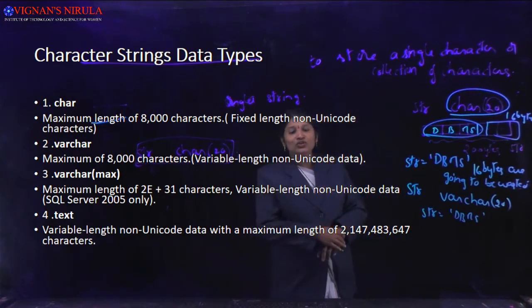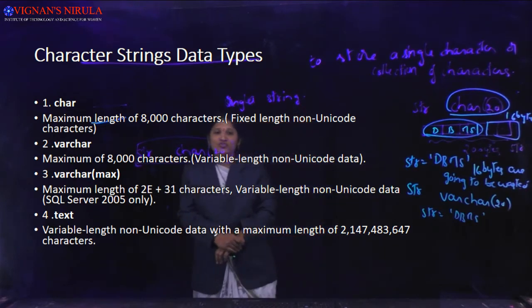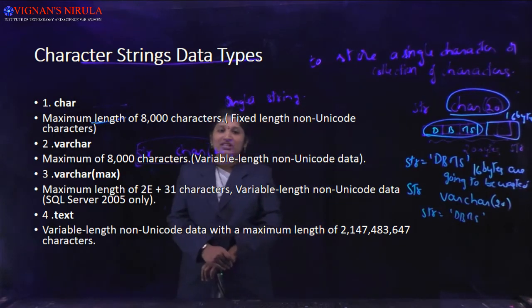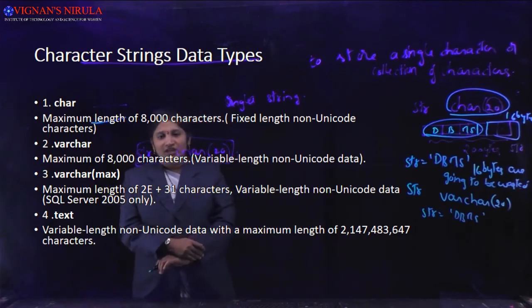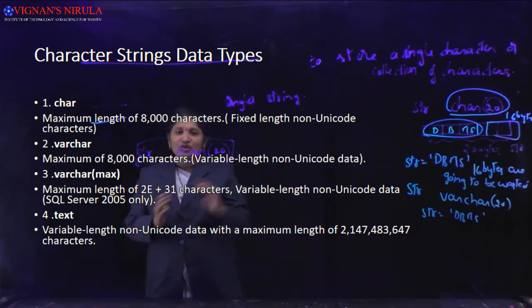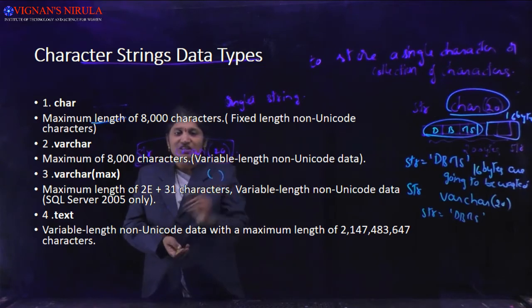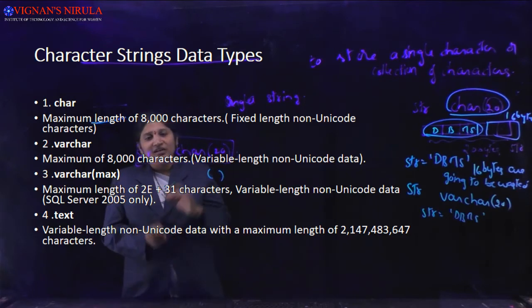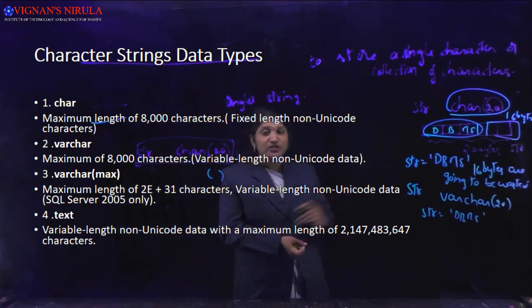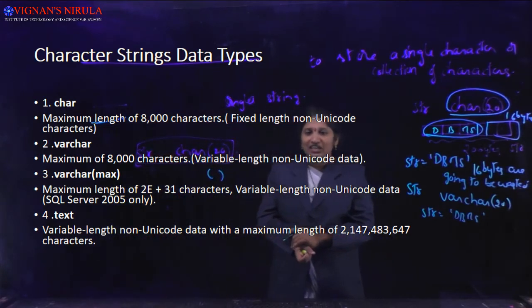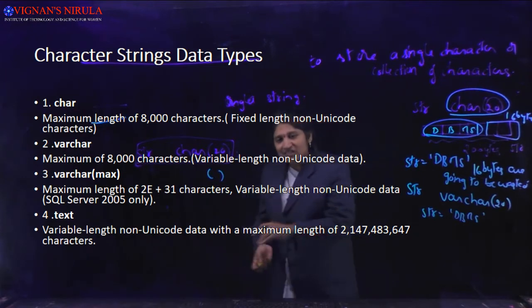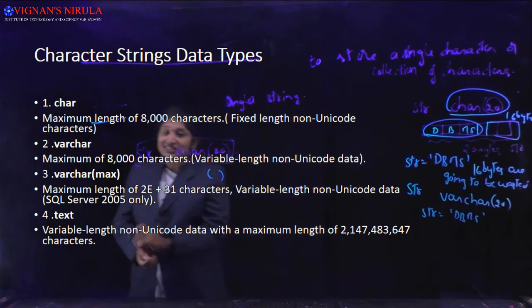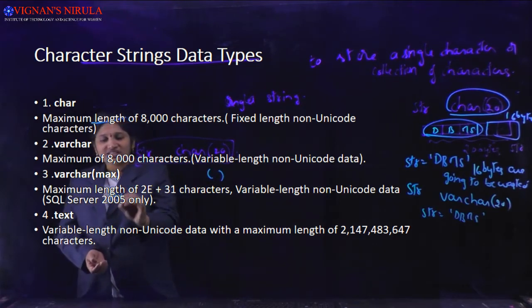So these are the two most familiar data types in SQL for storing string variables, that is char and varchar. Whenever varchar has been defined without any size, you can store a maximum of 8000 characters, just as in the case of char. By using varchar of max, you can specify your own requirement. The next available data type for storing strings is text. This text data type can also be used in order to store string variables.